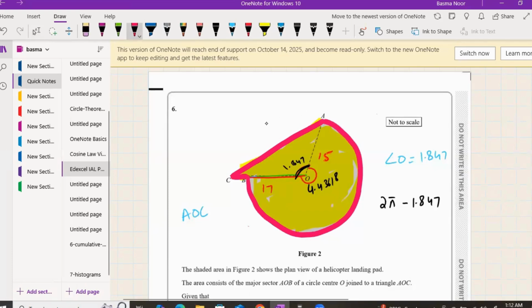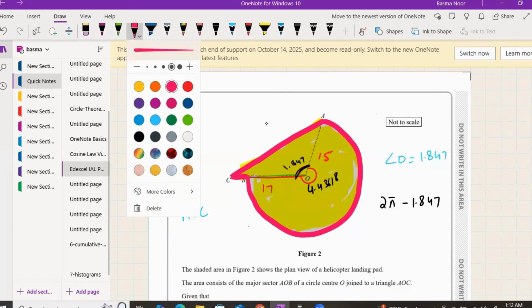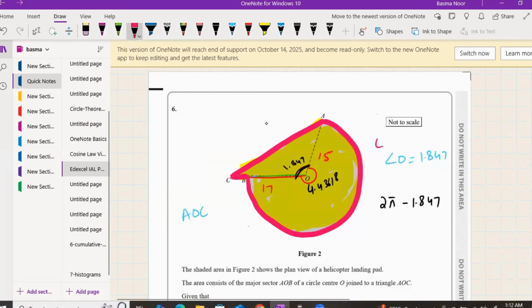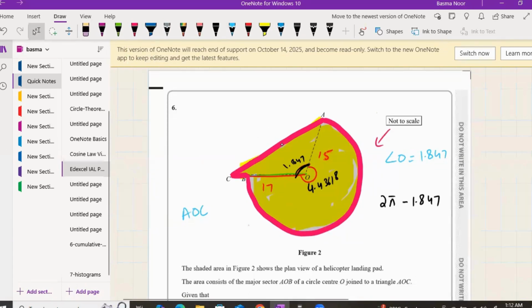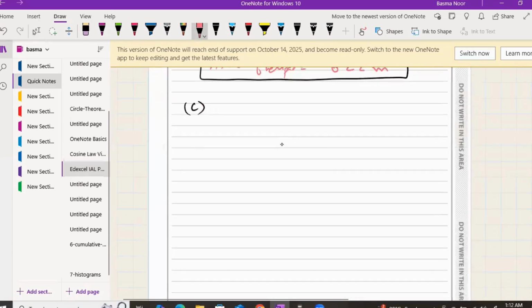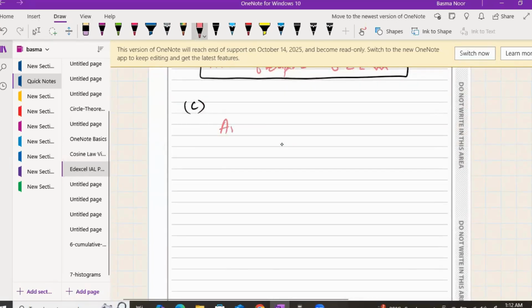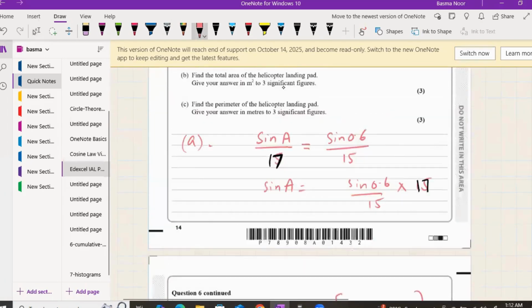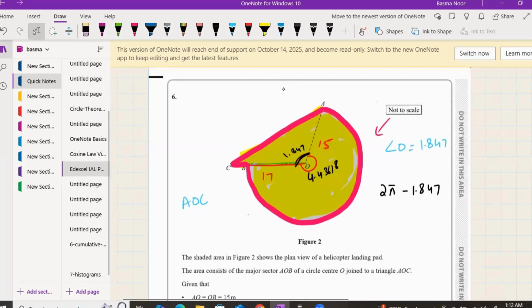So first of all, let's calculate the arc length of this sector of a circle. So we'll do the arc length of AOB. For AOB, you know that the arc length is r times theta. So you know the radius of the sector, which is 15, times theta, the angle made by that arc. So the angle made by this pink arc length A to B is